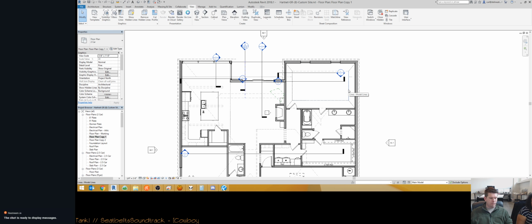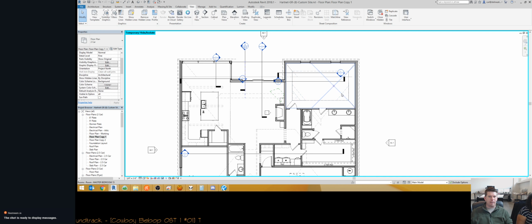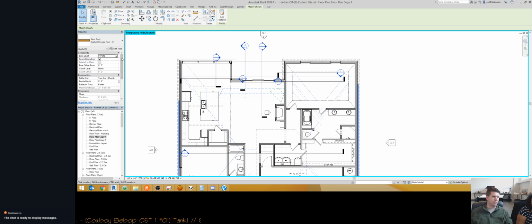So like here, what are we at? We're at 8-foot plate and we're looking up. So I can see the ceiling. I can select it right there. And if I hide that, I can see the roof beyond it. And I think the reason we can see this roof is because it's actually sitting at the 8-foot plate. So an underlay doesn't cut